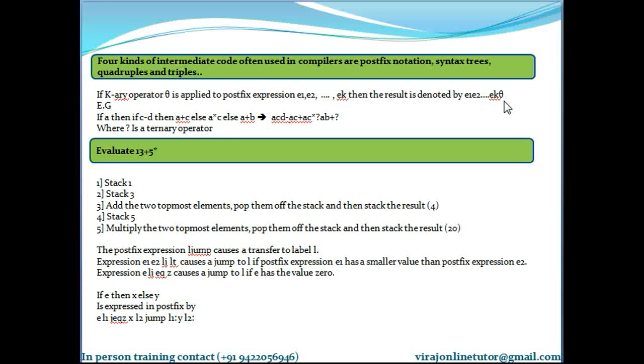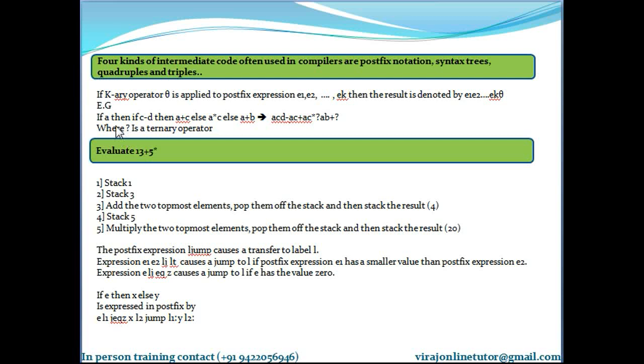Let's consider theta was a binary operator, so it's a two-ary operator. There are two operands, e1 and e2. What is the postfix notation of that? e1, e2 plus. Similarly, if theta is a k-ary operator, the operands will be e1, e2 till ek. On application of the k-ary operator to e1, e2 till ek, the resultant expression that I get is e1, e2 till ek followed by theta.